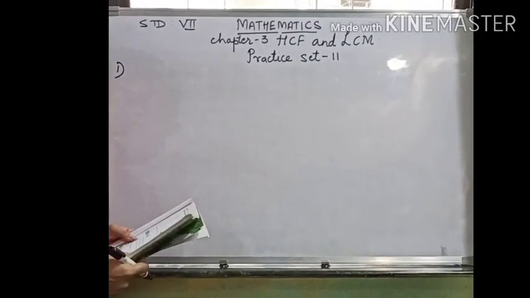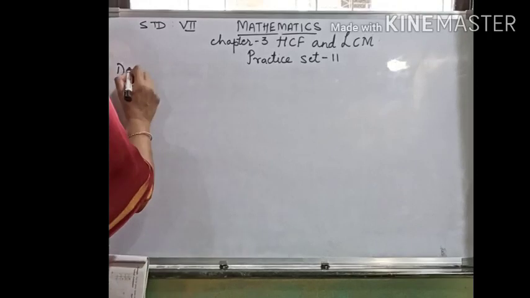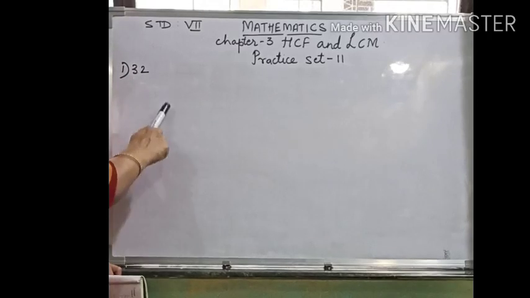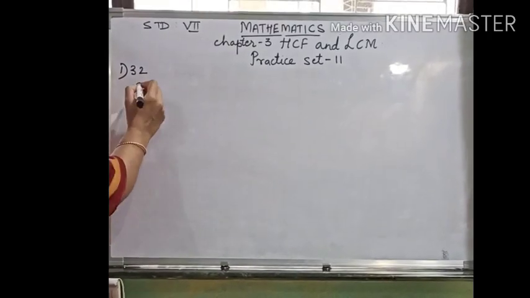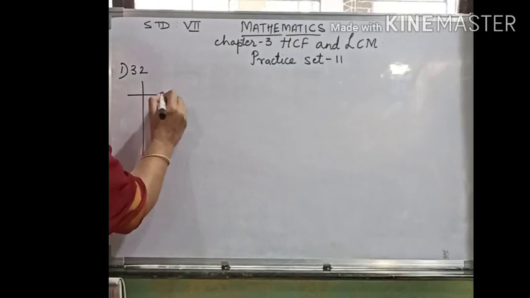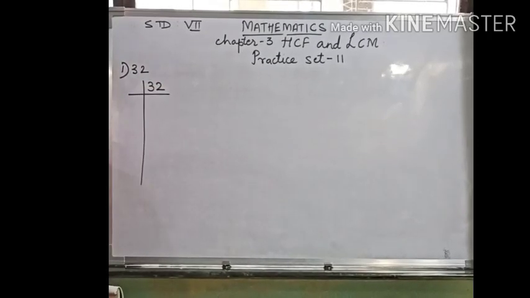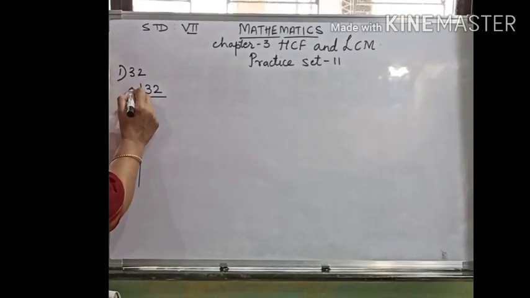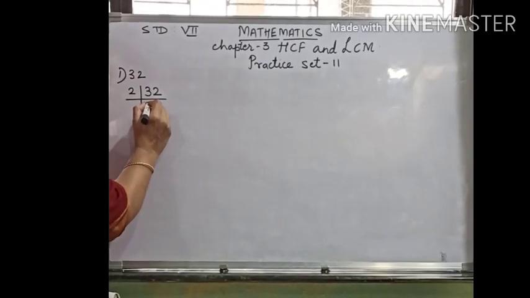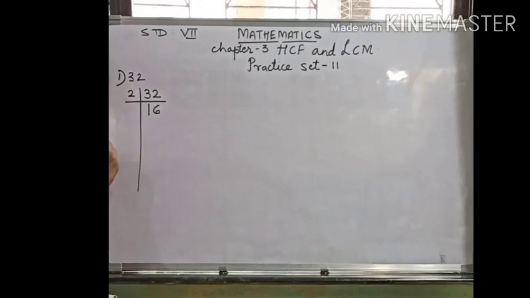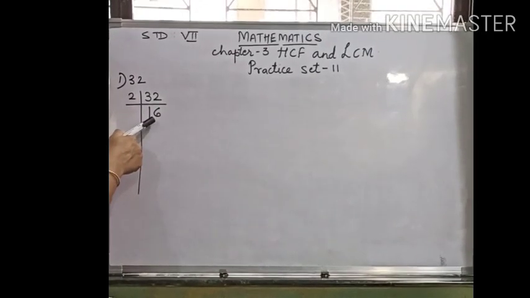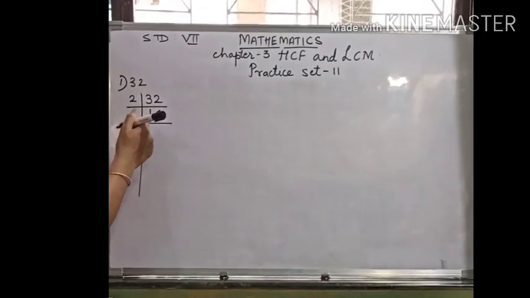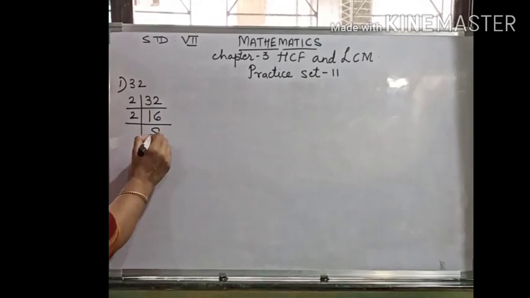To factorize the following numbers into primes. The first one is 32. So we will find out factors of 32 by vertical method and horizontal method. Is it divisible by 2? Yes. It comes in the table of 2. 2 multiplied by 16 is 32. For 16 you have to find out the divisor. Is 16 divisible by 2? Yes. 2 8s are 16.